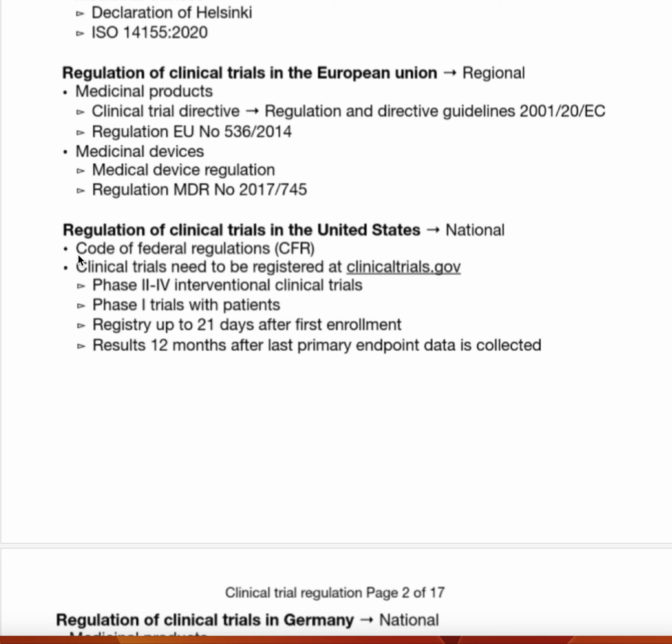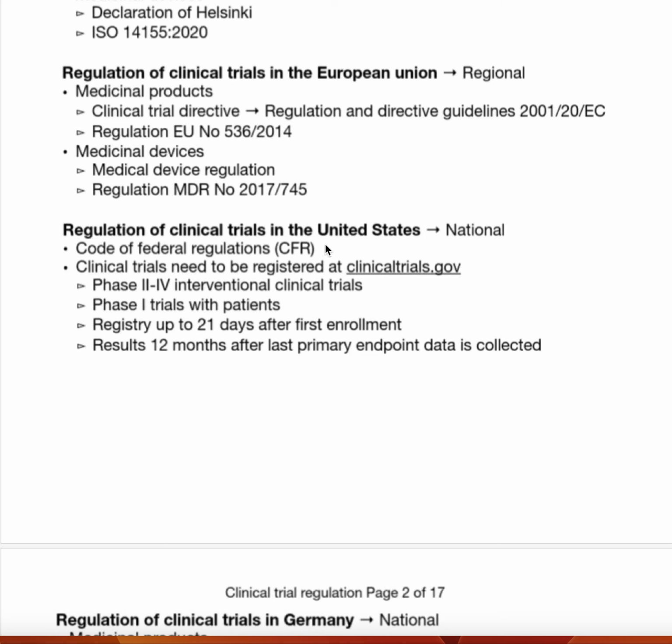There is something called the Code of Federal Regulations, CFR. The clinical trial has to be registered at clinicaltrials.gov: phase 2 to phase 4 interventional clinical trials, and phase 1 trials with patients, actually we said with the healthy ones. Registration is up to 21 days after the first enrollment, and results 12 months after the last primary endpoint data is collected. That's exactly what is happening in the Code of Federal